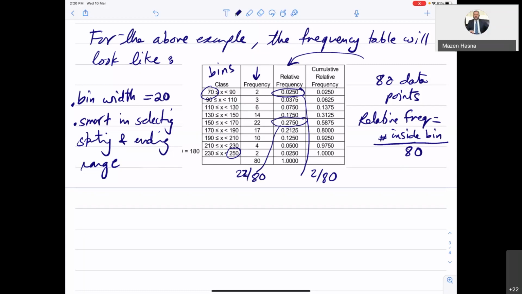You also can calculate the cumulative frequency. Cumulative frequency is like the capital F of X that we talked about earlier, where every time you go, you add frequency until you reach all the data, or you reach total frequency of 1. So now, having this table,